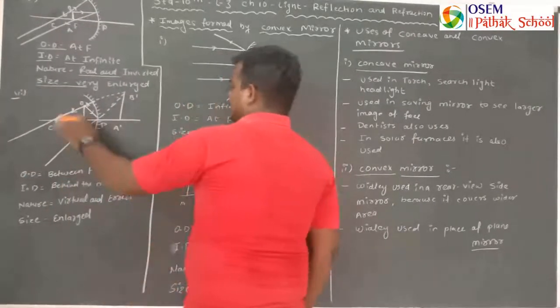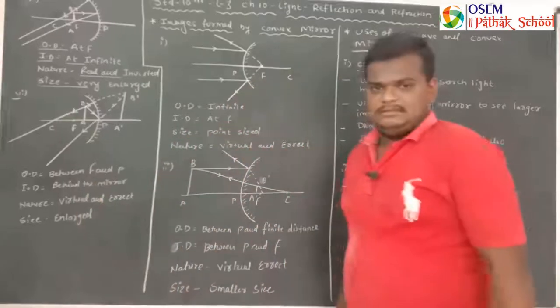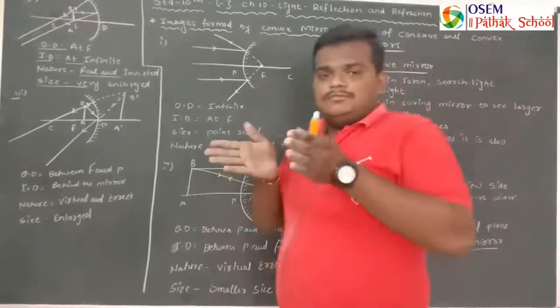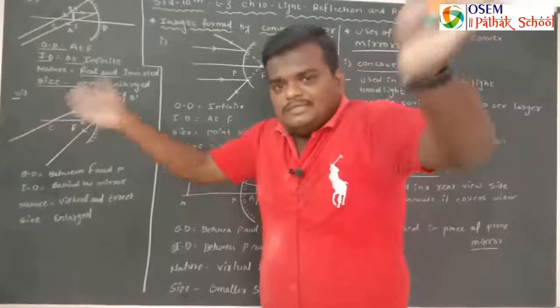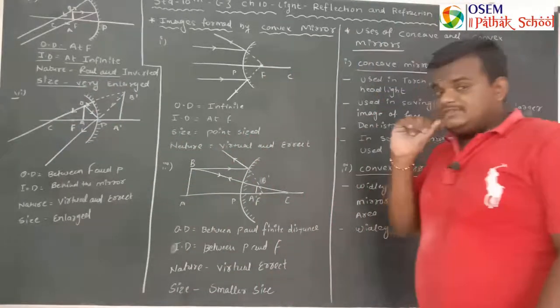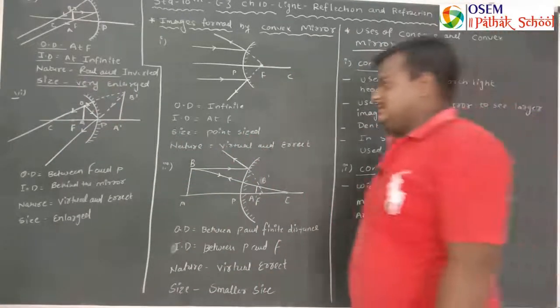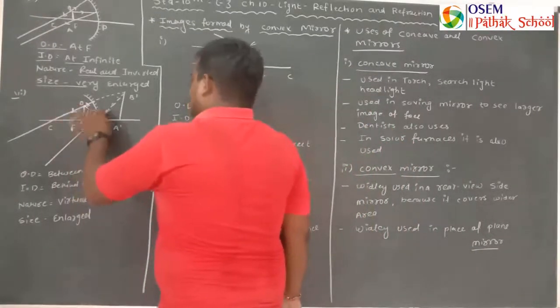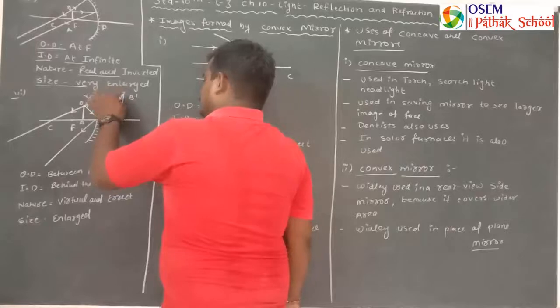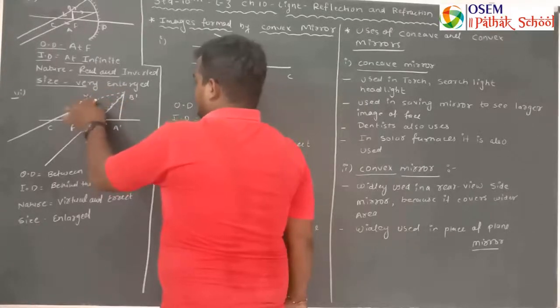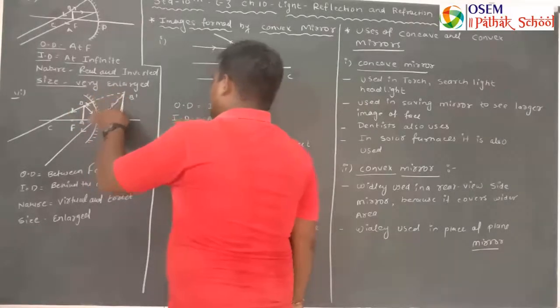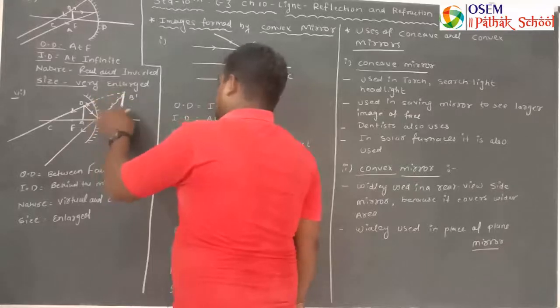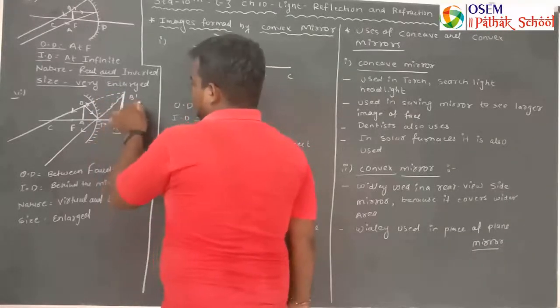These 2 rays never become parallel, and they move away from each other. That's why they cannot form the image. But to form the image of these 2 rays, we have to extend them here. This extended line from here to here gives us the image. So this is our image, A dash, B dash.